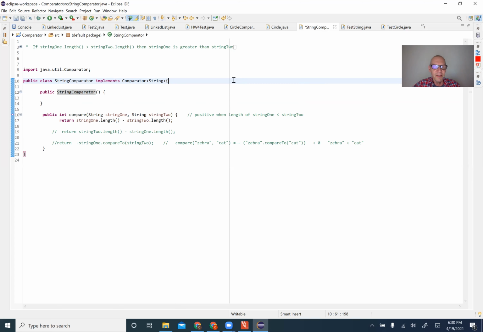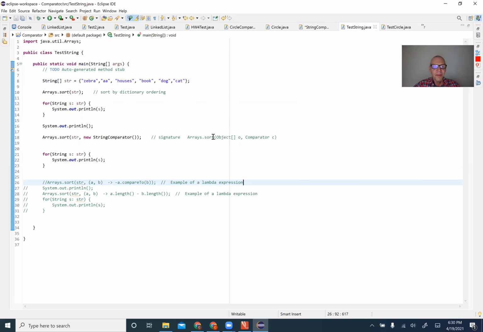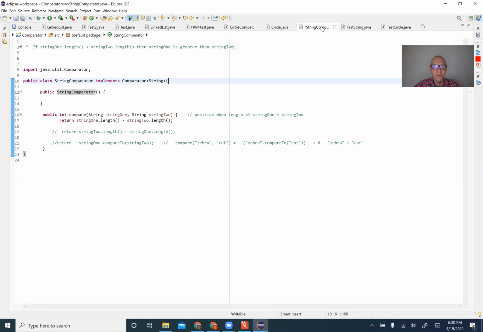Okay, let's go back to this. You have this test string, and then line 18. Let's look at what's going on in line 18. You're passing an array, that array is defined in line 8, and then you have a reference to a class that implements comparator. And again, the only point for this string comparator class is